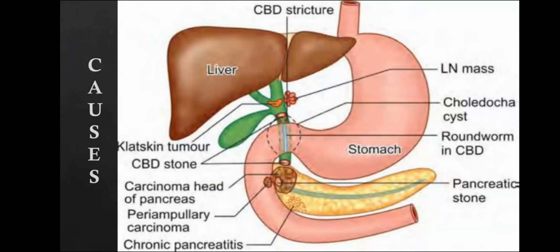So the obstructive jaundice can be caused due to certain tumors in the gallbladder or in the surrounding structures. It can be due to stricture present in the CBD, the common bile duct. There can be stricture present, and due to any choledochal cyst, it can occur. Any type of compression, that is, if there is any obstruction, the jaundice can develop due to the biliary obstruction. So it can be caused due to any of these